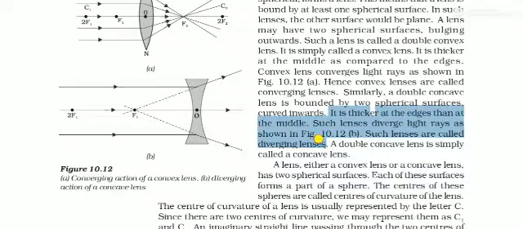These points are very important. It is thicker at the edges than at the middle. Such a lens diverges light rays and is called a diverging lens. And again it is a double concave lens. Why double? Because it has two surfaces. As I already told you, in case of convex it has two surfaces. In the case of lenses, both lenses have two surfaces because a lens is made by the addition of two surfaces. So it is also called a double concave lens. I hope you have understood what is a convex lens and what is a concave lens.